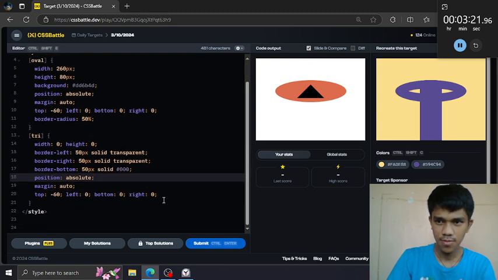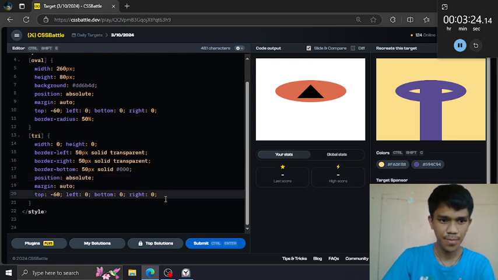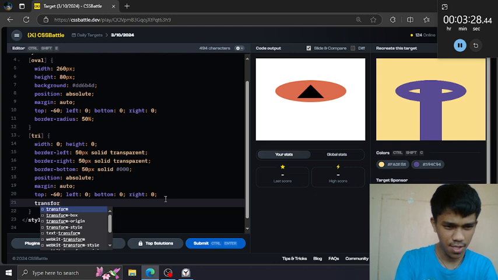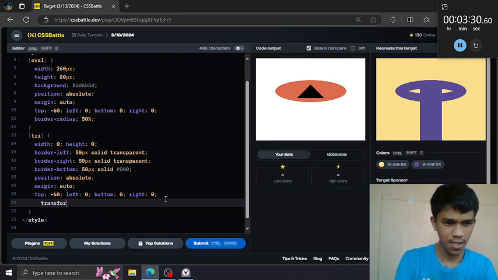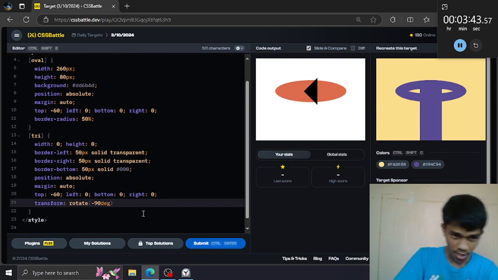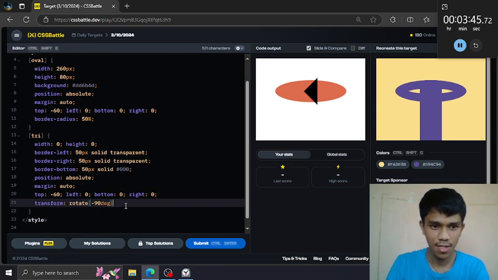Okay, now let's rotate this. Rotate 90 degrees, like negative 90 to the other side, because we are trying to imitate the left side.